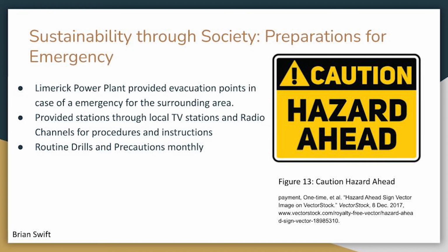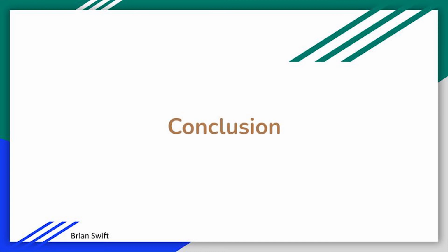With these, we can see how the Limerick Power Station is protecting the community. They're making many different precautions to make sure they don't pollute the water, and they are a very pivotal part of the Pennsylvania and also Pottstown area. Next slide, please. So to conclude, the Limerick Power Plant is a very interesting energy plant, from its unique history